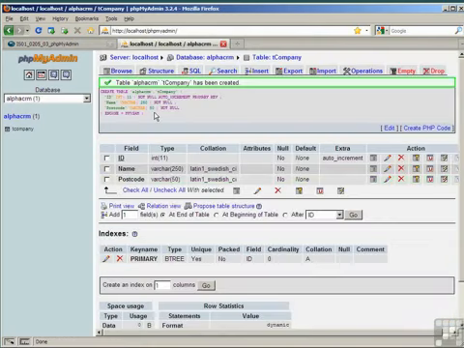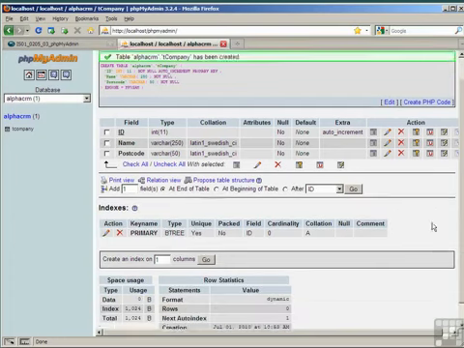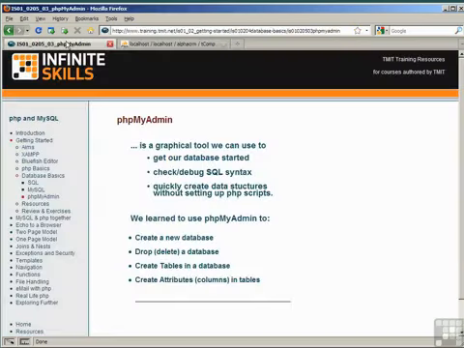And observe the SQL command that's been used to create these columns and the table tCompany. We'll come back to this type of page later. So, recapping that,